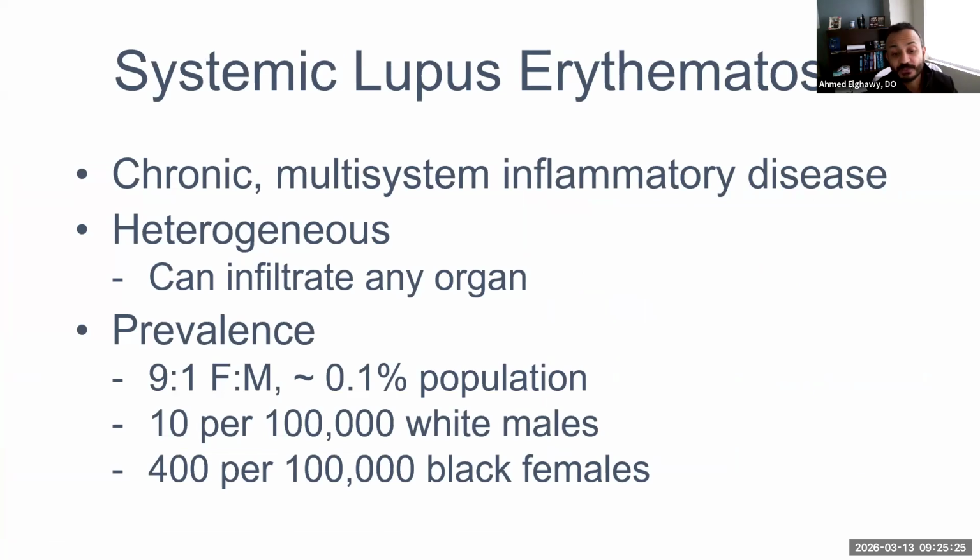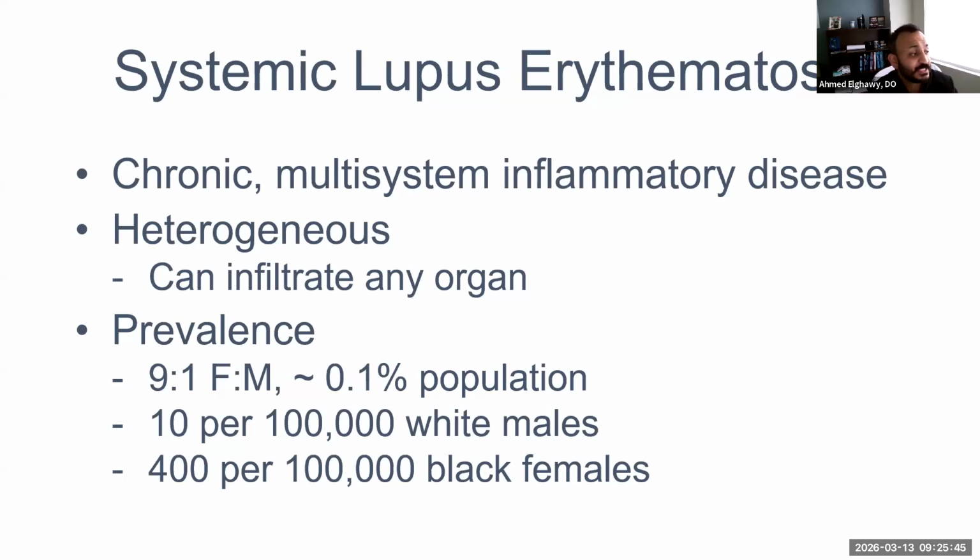It can cause involvement of the internal organs as well. And so it's really, really important to catch these patients very early. Very much a female predominant disease, with a 9-to-1 ratio between men and women. We really don't know why this is the case. We think that potentially the inactivation of one of the X chromosomes may lead to autoimmunity, but this is all